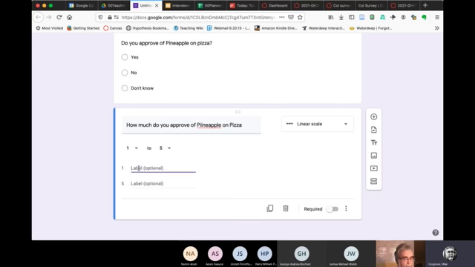So now label 1 is never. Label 2 is no. Oh no, wait a minute. What is that? 1 to 5? Why is it not doing? They've changed this. Okay, I'm going to see how this turned out. It used to be that you had to fill in 1, 2, 3, 4, 5 on the options. What happens if I do this? That doesn't work. Interesting.